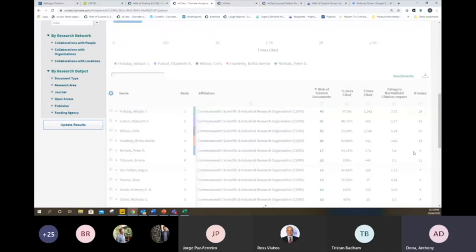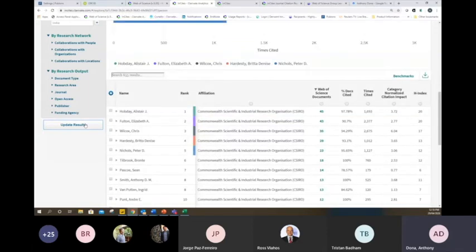Do note though, this is not capturing all these researchers' work because I have filtered up front to start off with by a topic search. So if, for example, Alistair was producing content not only in the marine sciences but also in engineering, for example, or something else, maybe those documents aren't captured in the original topic search that I created.